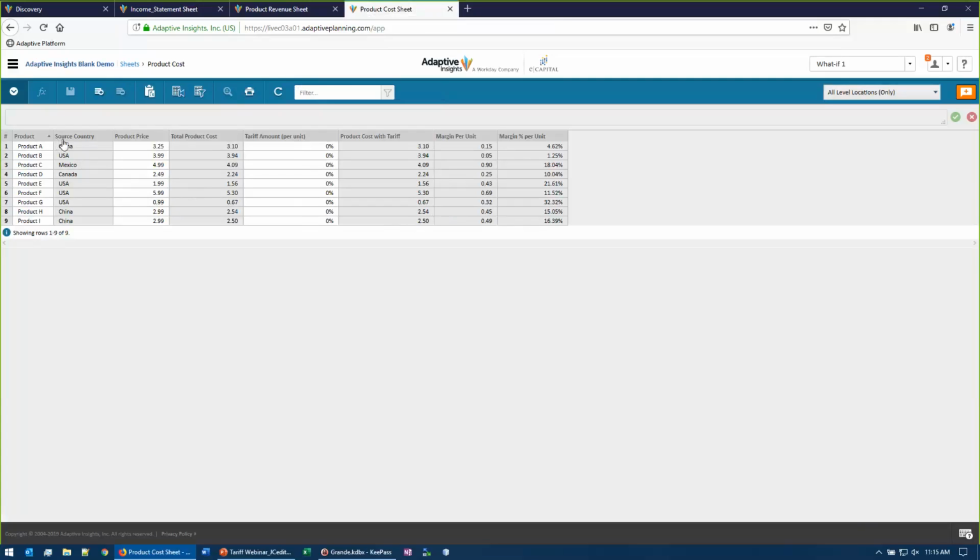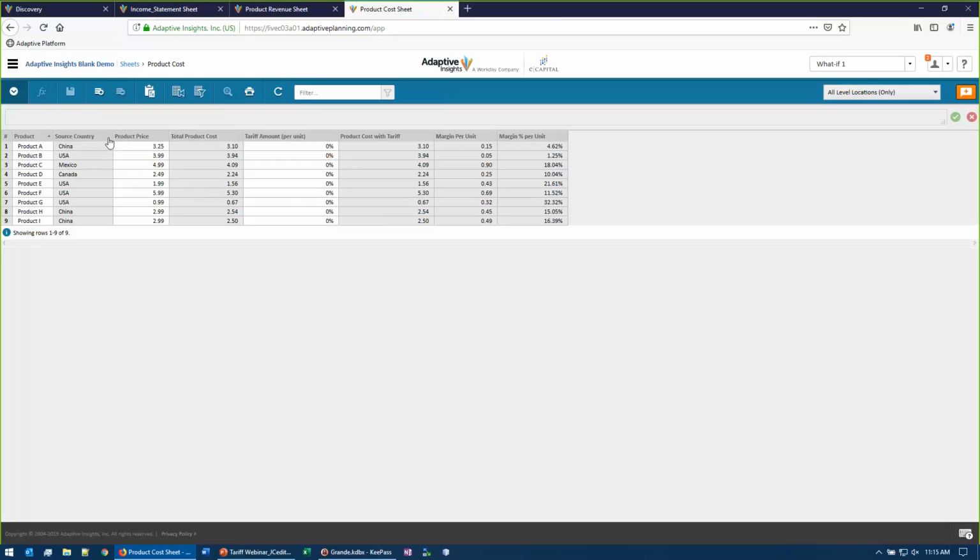So here I've got source country as an attribute on the product, but this can be much more detailed. Like I mentioned before, if you know which raw material, you can have a model that builds out, this product uses steel and it uses a little bit of aluminum and these other different components that I have to buy from different factories. And you can have the source based on that location.